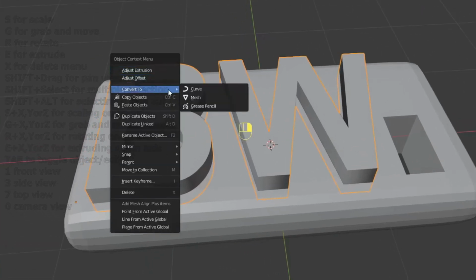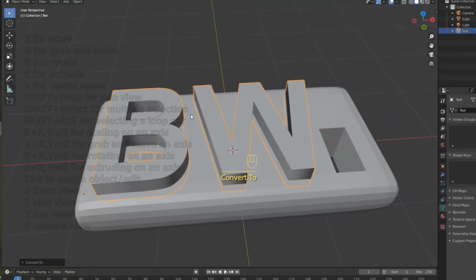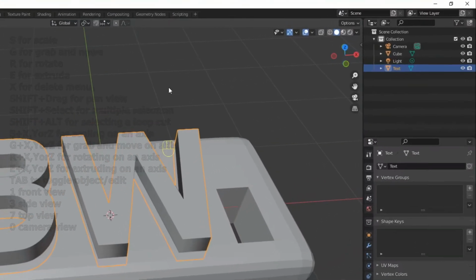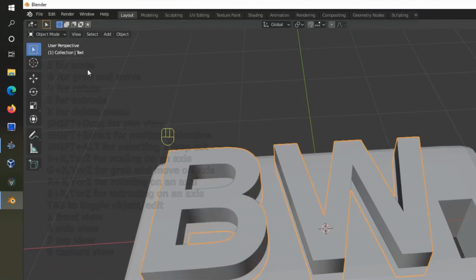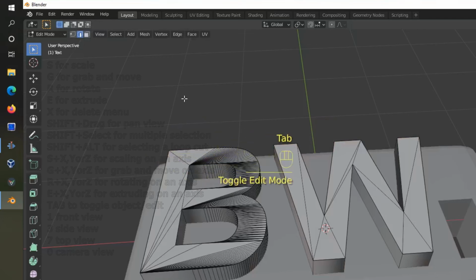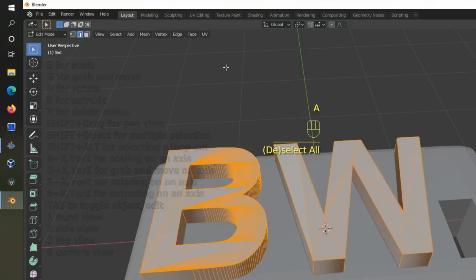2-finger click, there it is, and convert to mesh. Now this is important because we can't join text and the base together if it's not mesh. Now you can see where the icons have changed there. Now we're going to go to edit mode, select all, A, and then we're going to go mesh, and we're